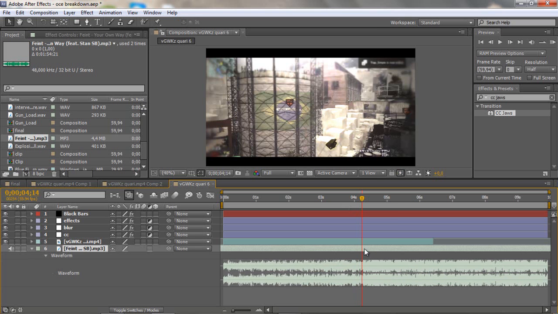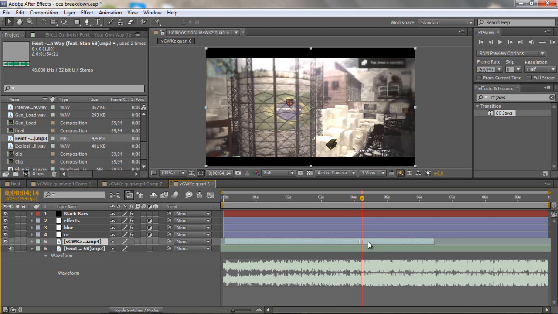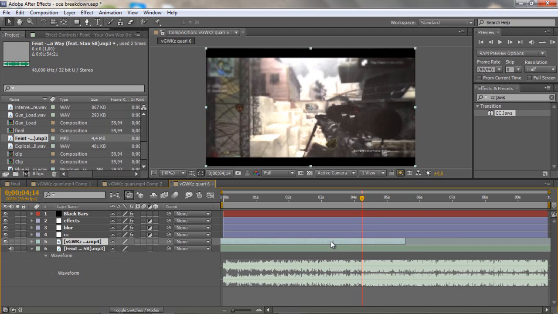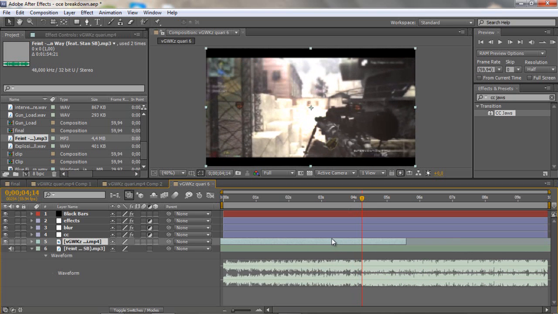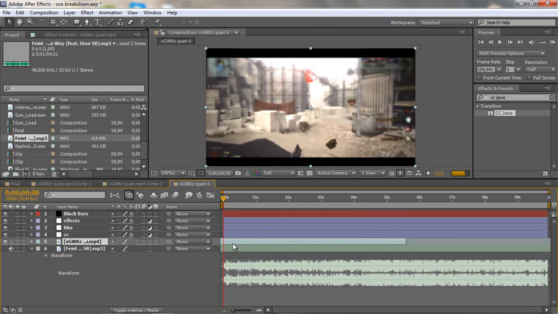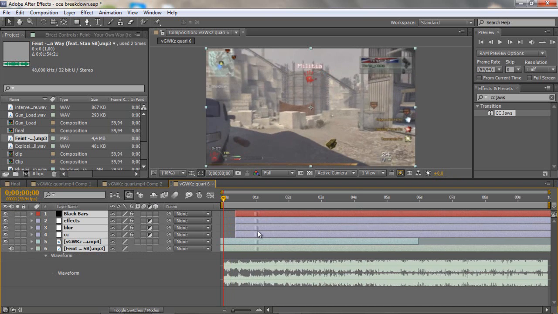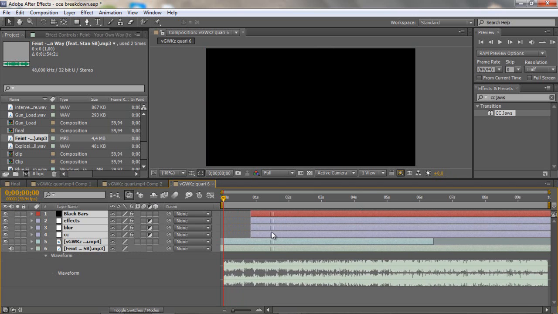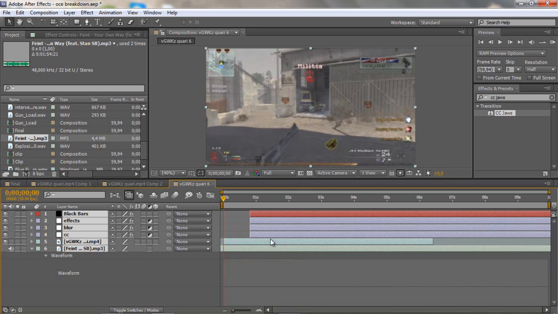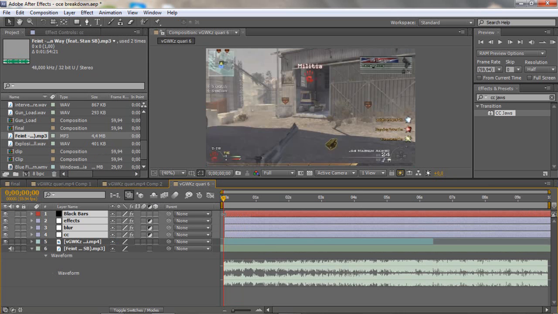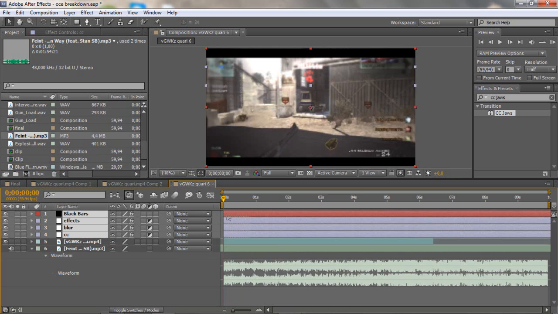So on the beat, you wanna place pretty much where your gun shoots. So you see this muzzle flash like this. And then basically what you wanna do is just drag back. This is the complicated part. I'm just gonna drag back everything because I want everything to be in it,